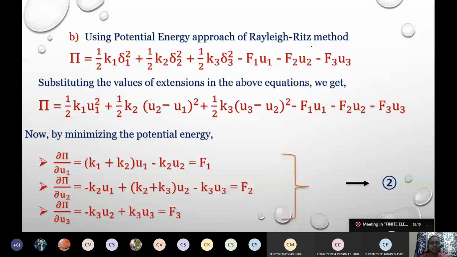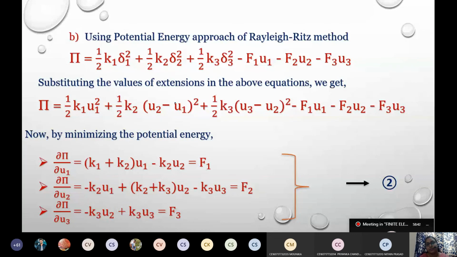If at all it is not given, it would be clearly your choice whether free body diagrams are easy for you or forming an equation and differentiating it would be easy for you. All right. The ultimate thing is we need the solution. That is the analysis part. We need the stiffness matrix related to the force matrix with respect to the displacements, and that can give us the analysis.